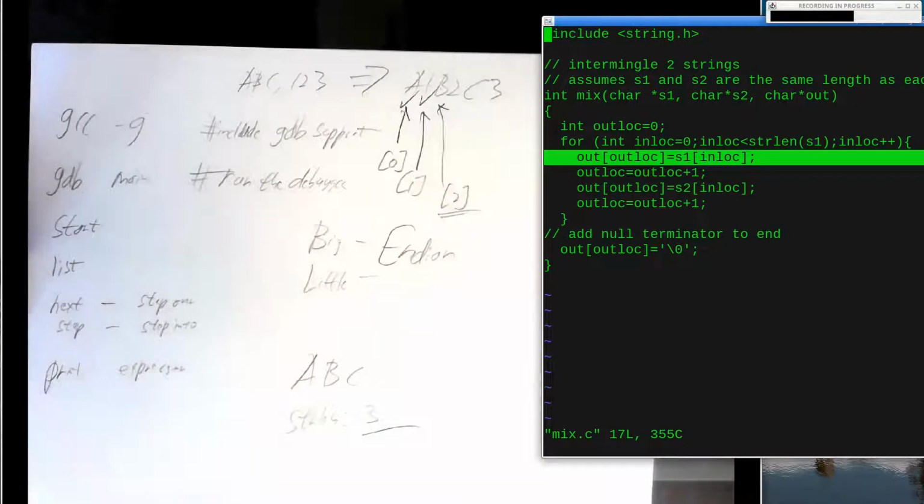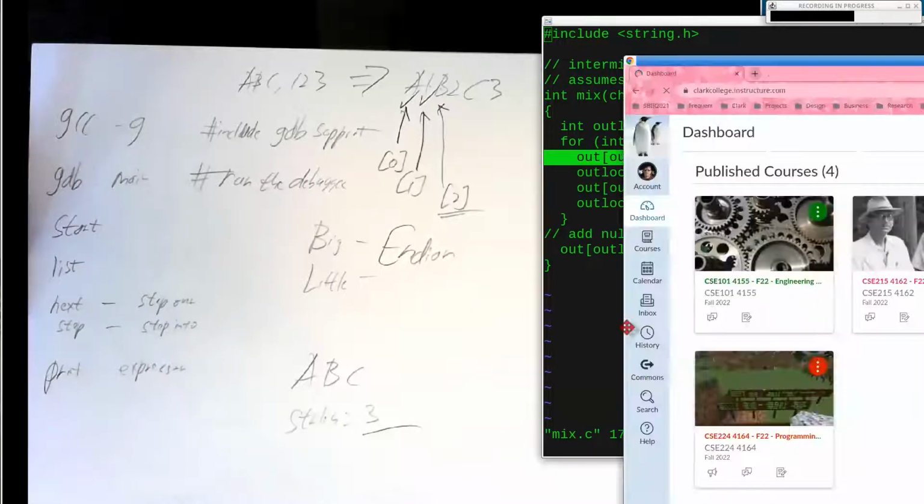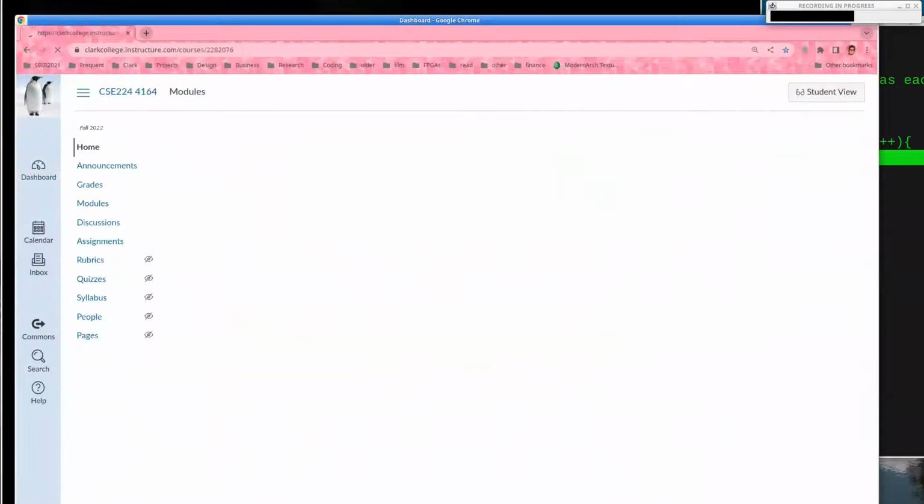All right, so on Canvas, let's see if it logged me out. Hey, I'm still logged in, good. So on Canvas,